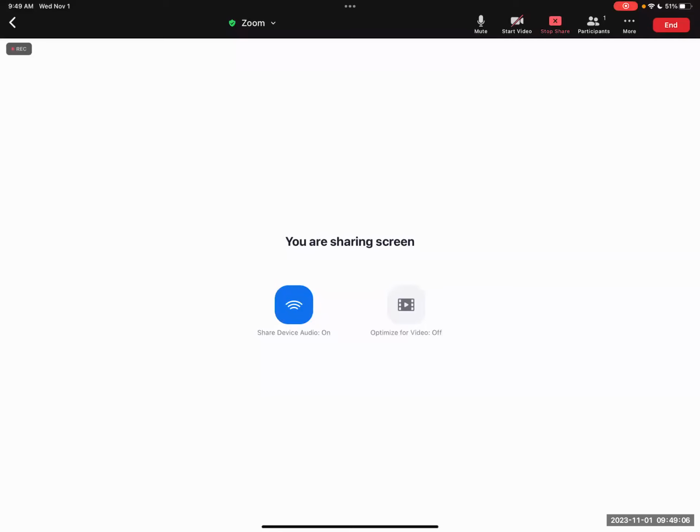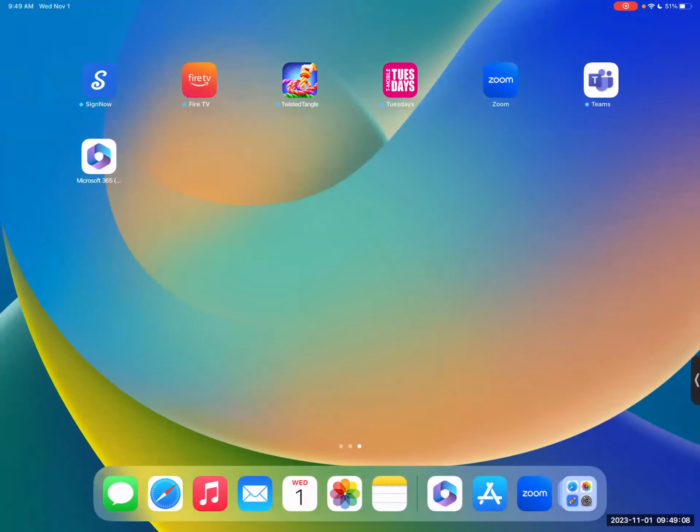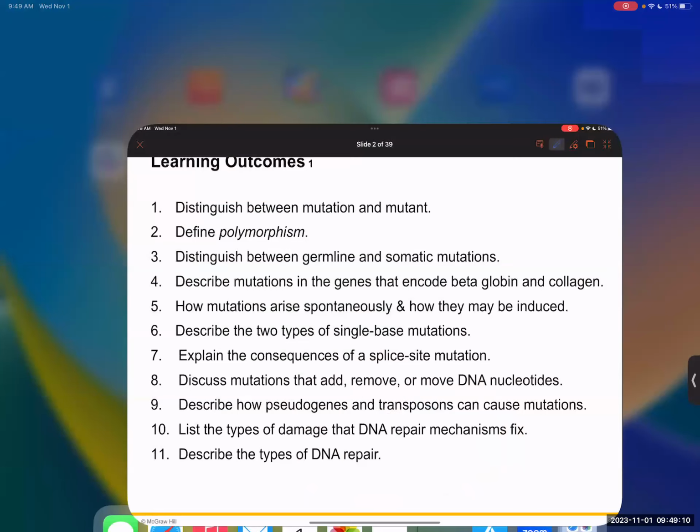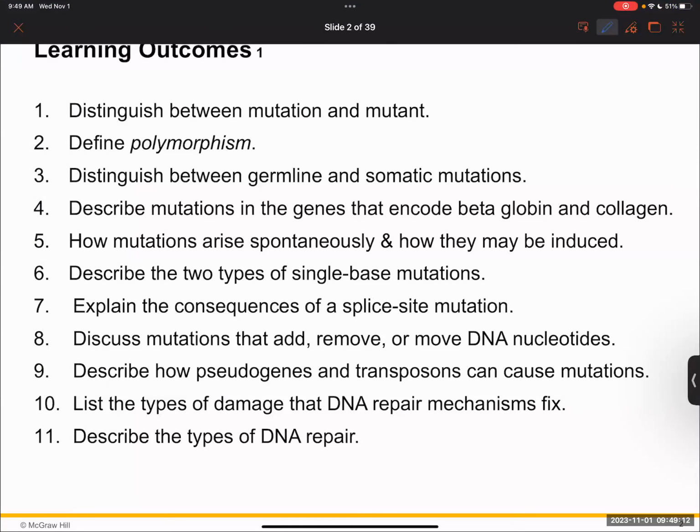Everybody, welcome to our lecture for today, which is going to be focusing on gene mutation. Here are some of the learning outcomes that are scheduled for our lecture today, including looking at some of the mutations,